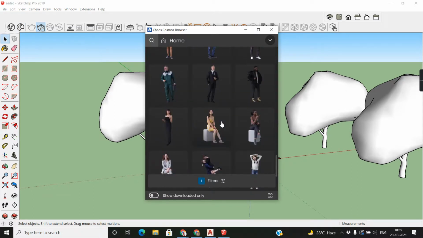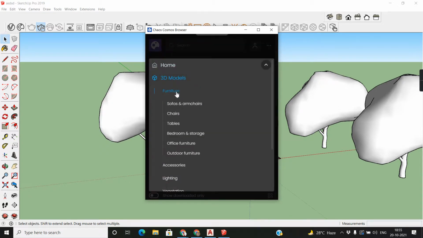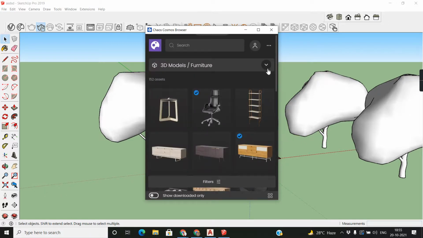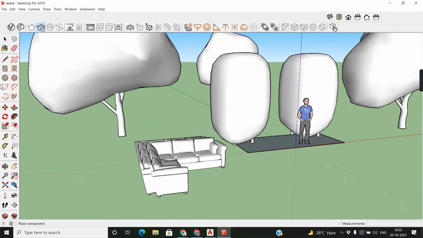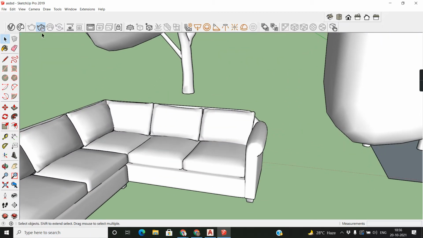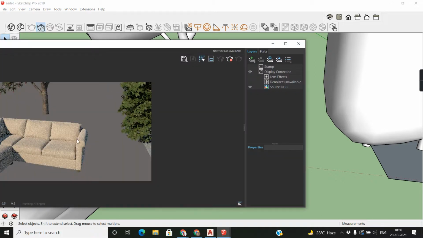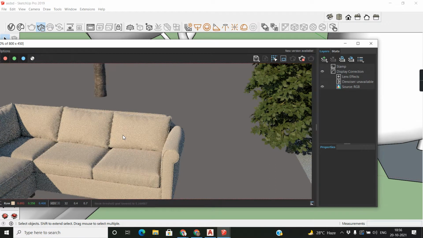And meanwhile, if I go back, just go to home, 3D model, furniture, see, lots of furniture, just easy to use, just click, sofa, yeah. But right now it looks very cartoonish, but if I go to interactive render, it becomes realistic. You will find the good library in the newer version as well.